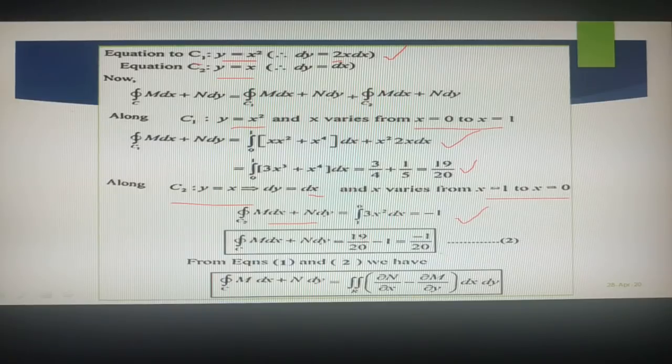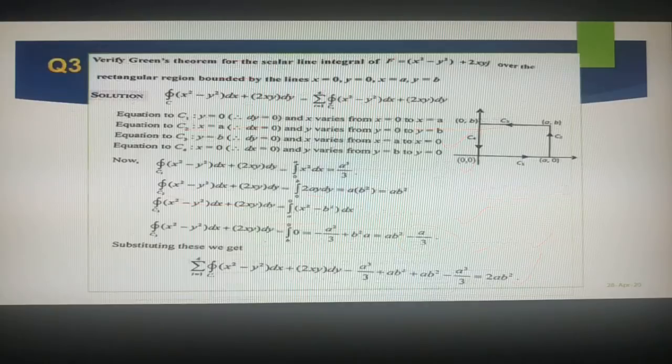Then as usual, we got this result by adding C1 and C2. These are the two curves we consider. Adding these two curves, we will get the total value along this curve, whatever the physical representation. So along the curve, if you find the integral, the double integral of curl also gives the same, right?